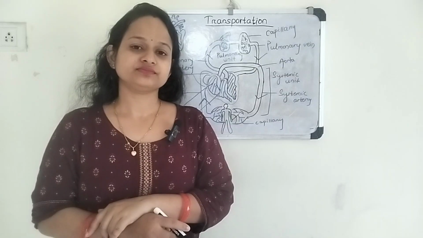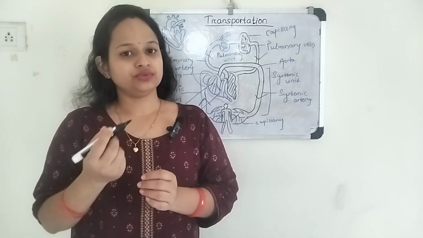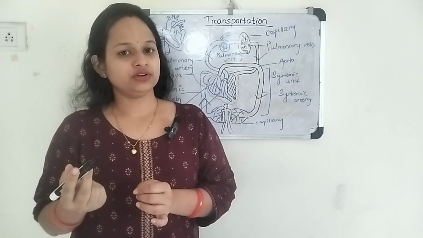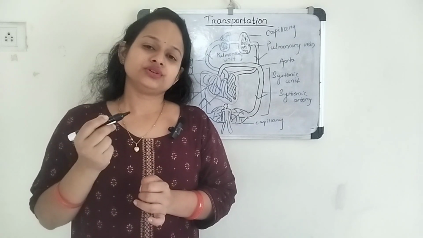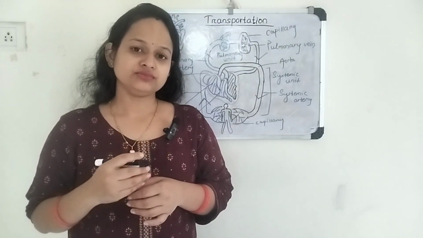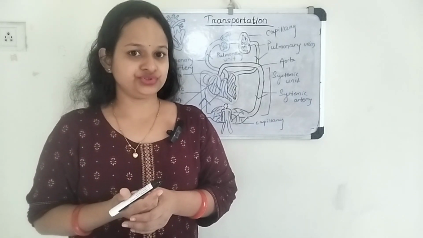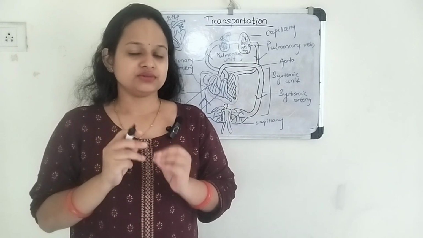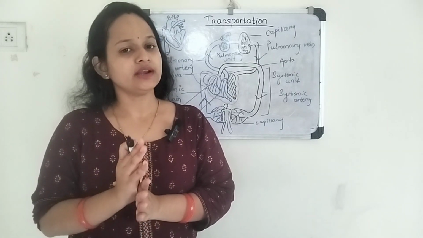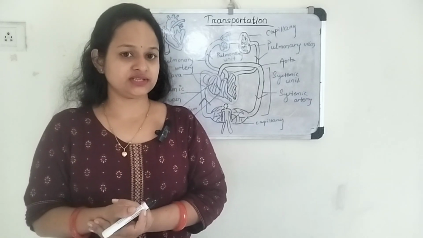When the oxygenated blood comes to the auricle, it goes to the ventricle, and the deoxygenated blood also comes to the ventricle and mixes here. From the ventricle it goes to different body parts for use. So there is some mixing of oxygenated and deoxygenated blood in reptiles and amphibians, and it is known as incomplete double circulation.